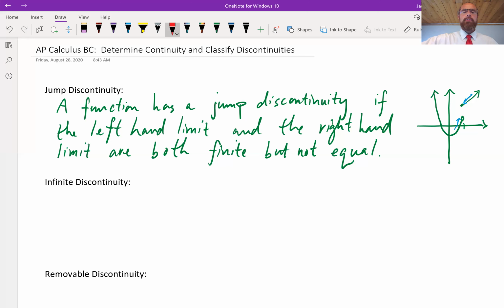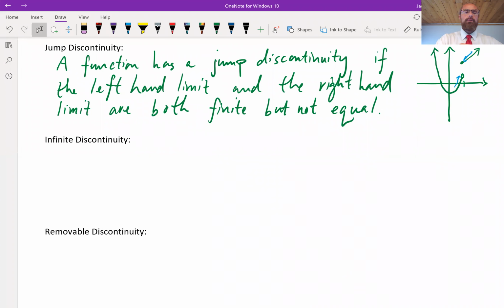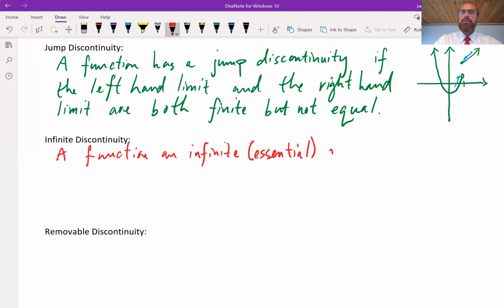Let's compare that to an infinite discontinuity. So you'll notice as we write a word description of infinite discontinuity, pretty much everything's the same. So see if you can predict what's different, do you think, with an infinite discontinuity from a jump discontinuity. So a function has an infinite discontinuity. A lot of times this is also called an essential discontinuity if